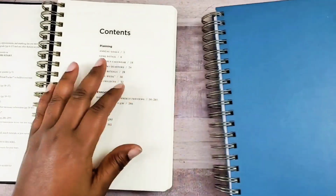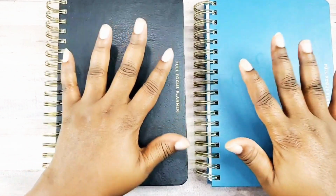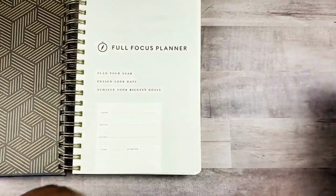The covers are the same in that they're both European bonded leather. The sizing is the same. The number of pages are the same. But let's go through